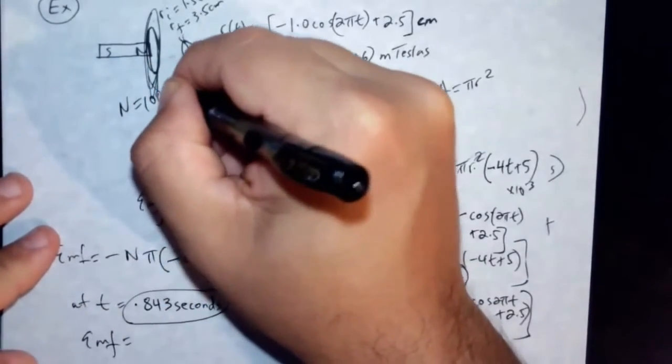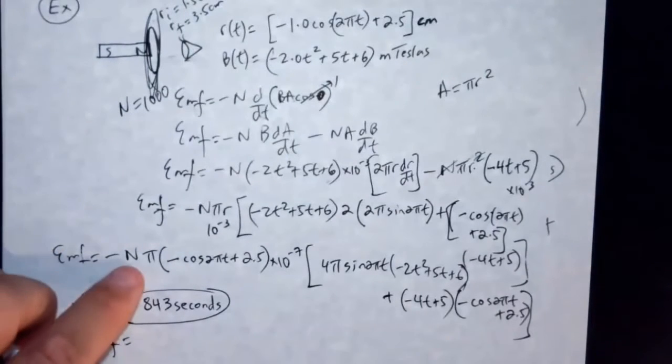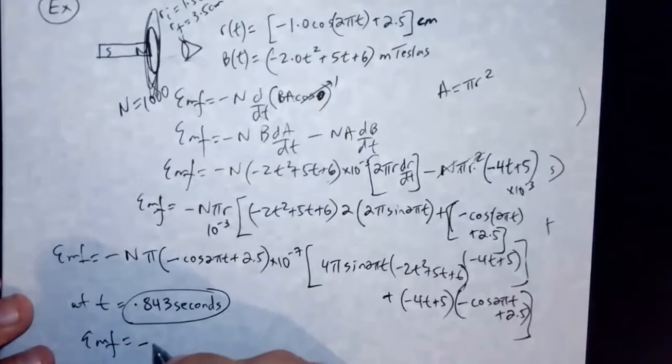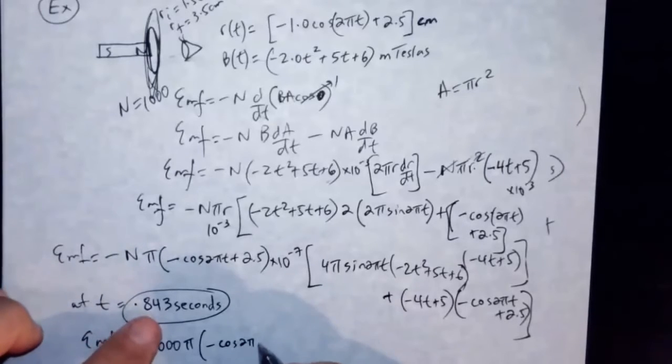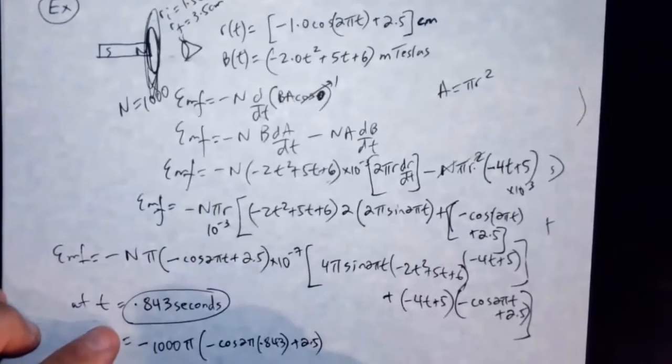Let's say 1,000 loops of wire. And then pi. Then I could say negative cosine 2 pi times that number plus 2.5 times 10 to the minus 7, 4 pi sine of 2 pi